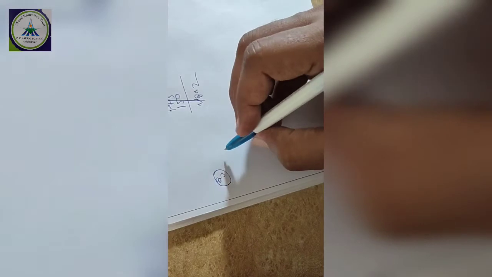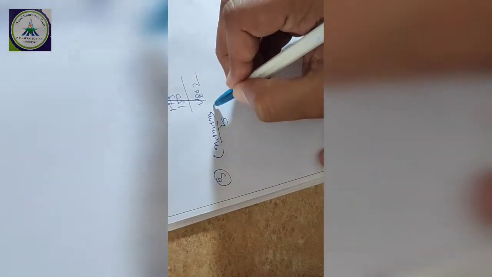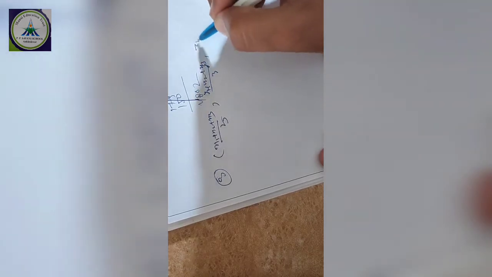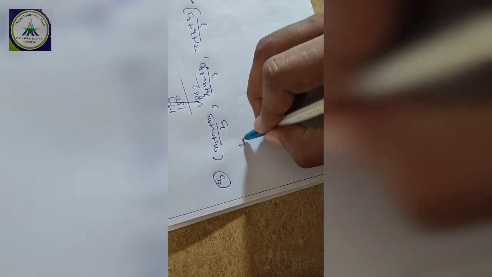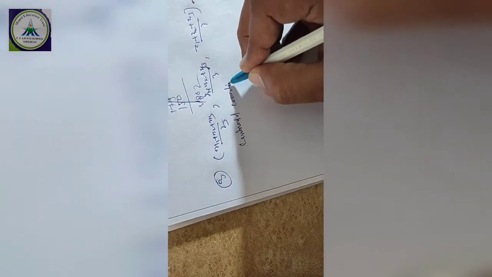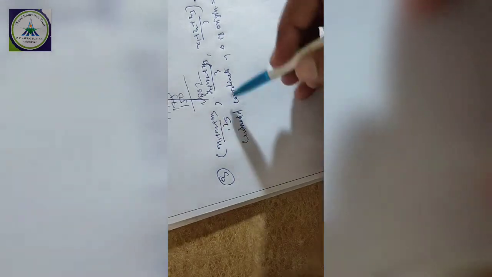Centroid is (x1 plus x2 plus x3 upon 3, y1 plus y2 plus y3 upon 3, z1 plus z2 plus z3 upon 3). Use this formula and also find the origin. So the centroid coordinate of the triangle is given as the origin. Origin means 0, 0, 0. So using this formula, it will be equal to 0, 0, 0. Also find the ABC. Clear?